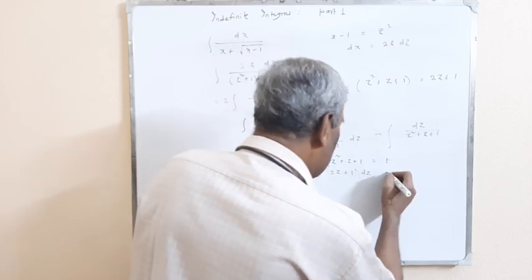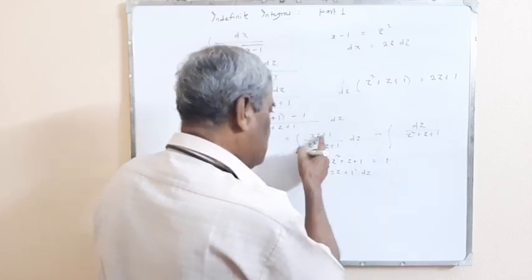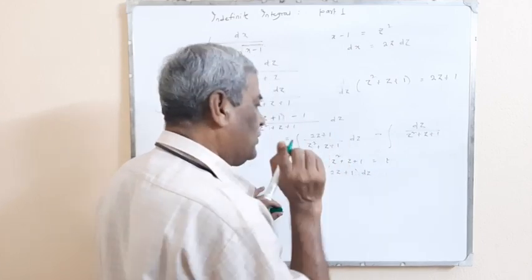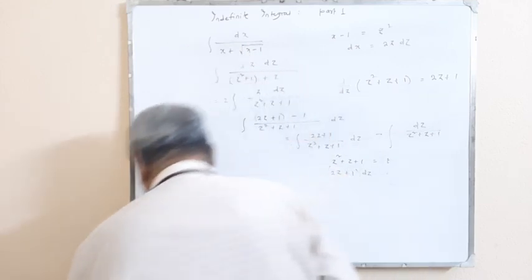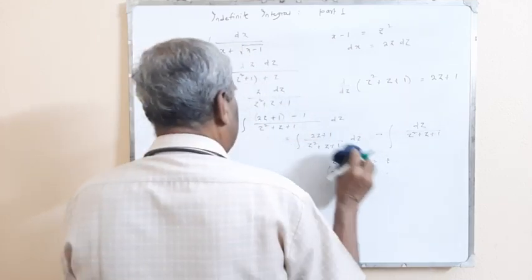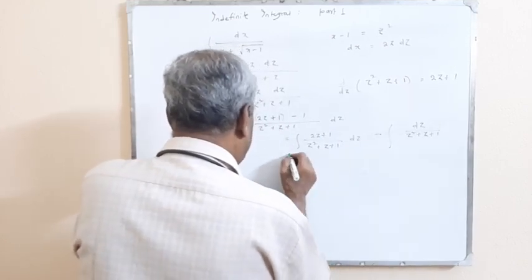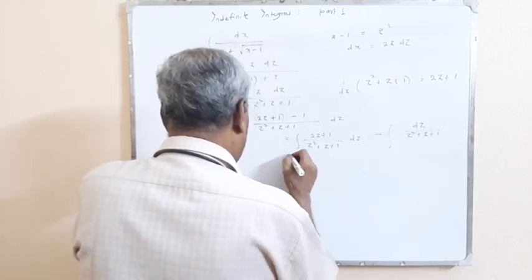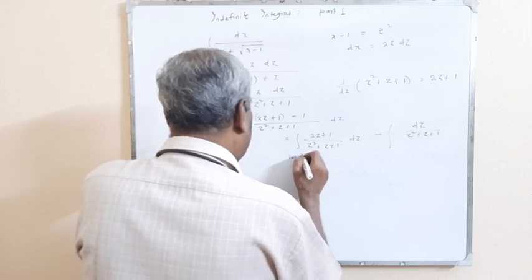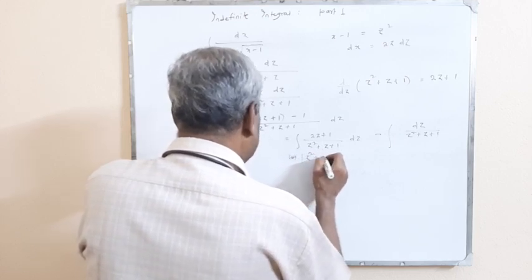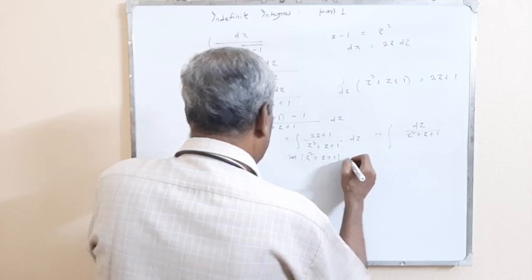So this is equal to dt, so it is dt by t. Log t means it is simply, first one is log of z square plus z plus 1, minus